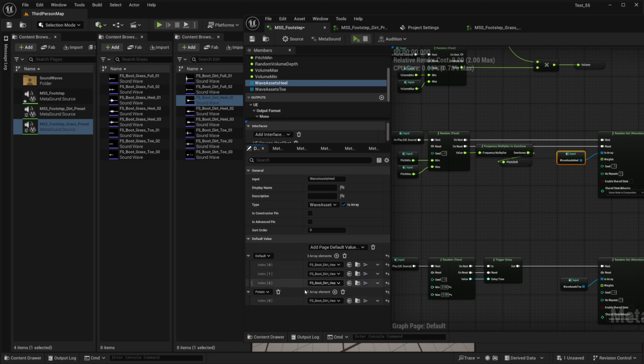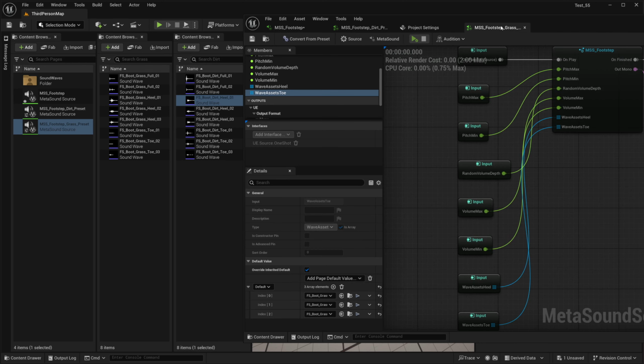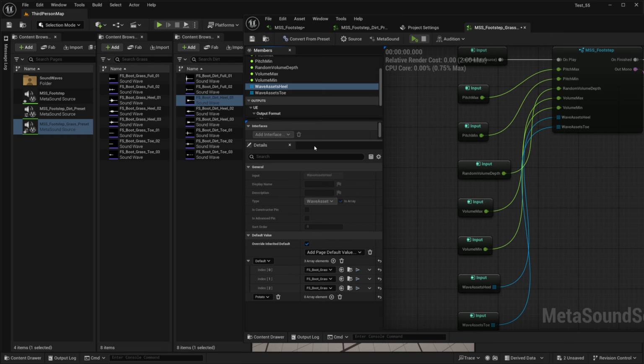So first of all, I want to show you that you can do the same thing on the presets. So here's the heel. We can add the same thing basically. So you have the same amount of control. In other words, you don't have to,